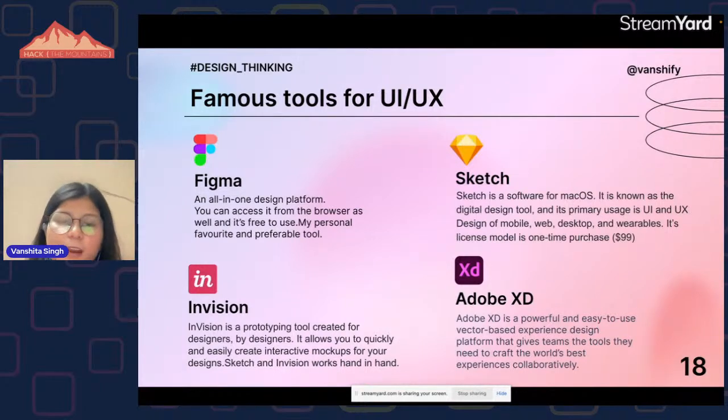But one disadvantage: Sketch doesn't offer prototyping. It has millions of other things. It has a community itself also. As all of you know, Figma has a community that can provide plugins and templates and everything. Sketch also has a community, and it can provide everything, but it doesn't have a prototyping thing.